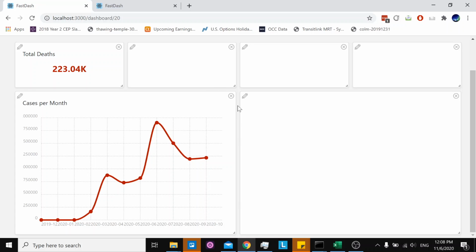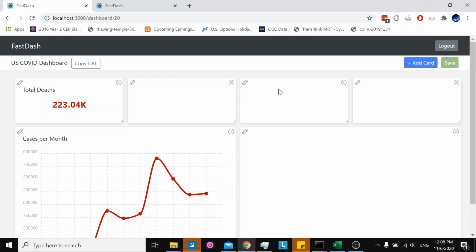So now I've only created 2 cards, but I think you have a good idea of how this web app works. So now we will save it. So the best part of this app is that if we create a dashboard in Excel, to share it around, we'll have to send an email with that particular Excel file. But now all we have to do is copy a share link and